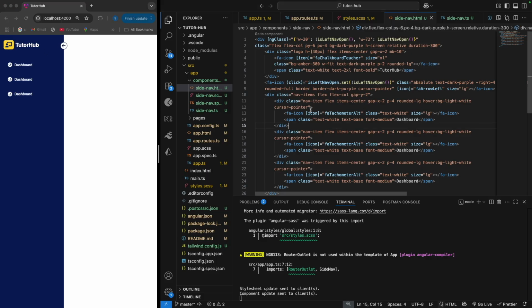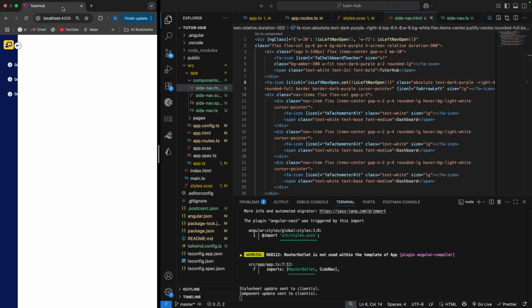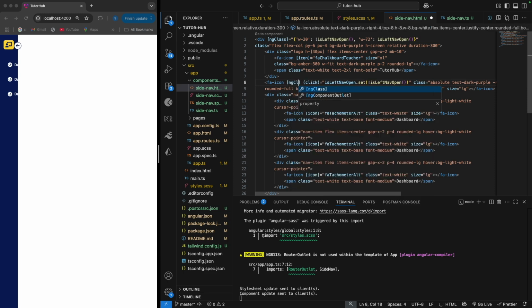Okay, so now that's done, right? But we also want it so that when we close this, the arrow should point in the other direction, the opposite direction. And then if you open it again, it should revert back. So how you actually do this is you need to set a rotation. So we're gonna have a rotation over here. So we're gonna say rotate,